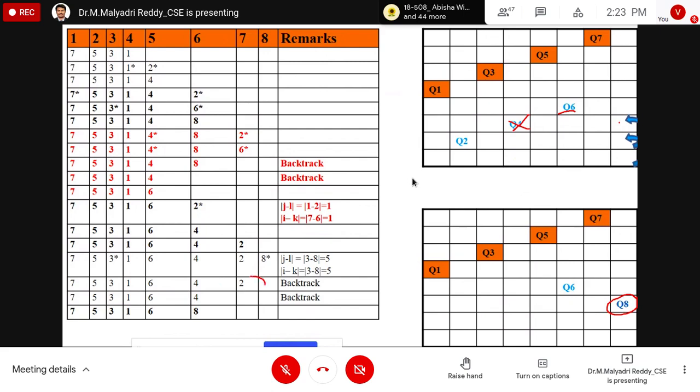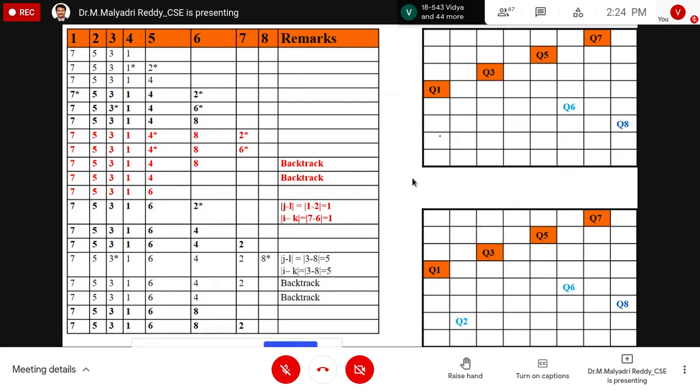So from the 8th row to the 7th, 7th to the 6th, in the Q4 there is an alternative chance. That is this column. I have to place the queen in the 6th row, 8th column. That is Q8. Simply I place the queen at the 6th row, 8th column. It is feasible. So presently I place the 8. 2 more queens I have to place, that is the 7th and 8th. So that is next.